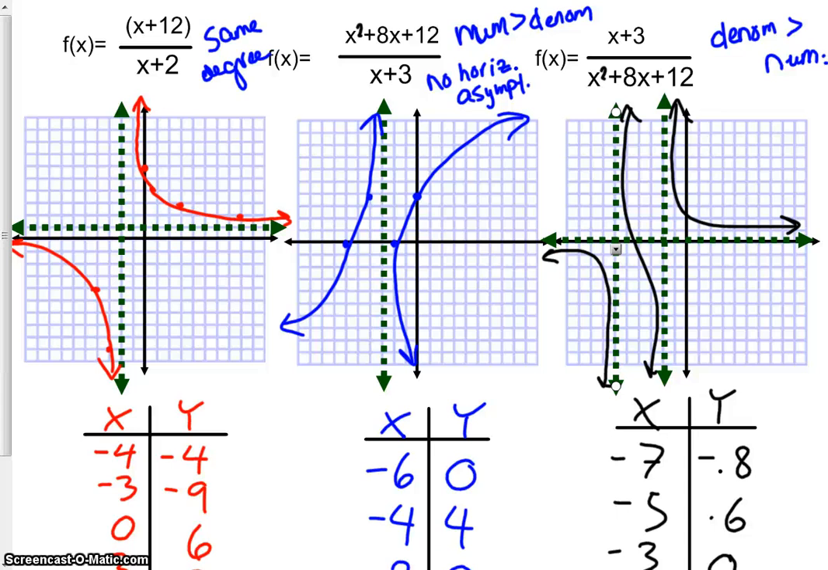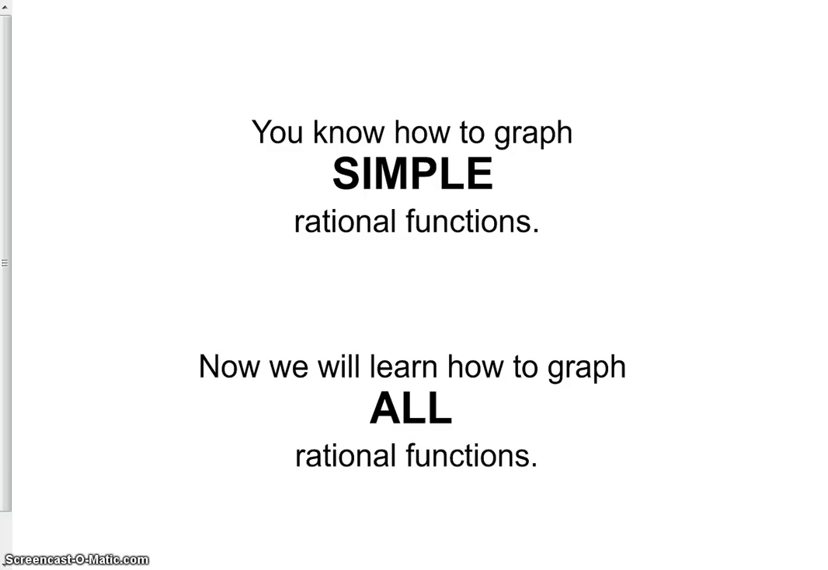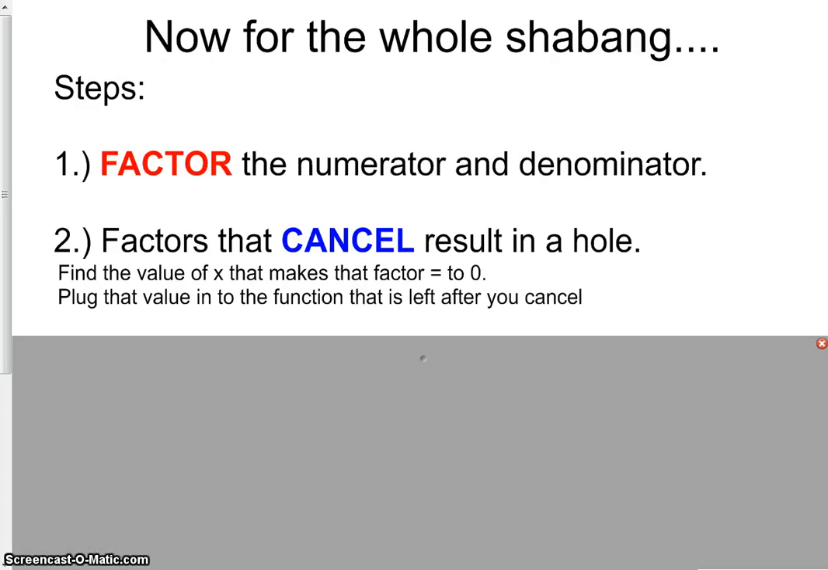But that's the difference, and that's the 3 options that we have. Either they're the same degree, both of them are to the first power, second power, third power. If the numerator is higher, then there's no horizontal asymptote. If the denominator is higher, then the horizontal asymptote automatically is 0. Okay? So now, we're going to talk about, for this whole shebang, when